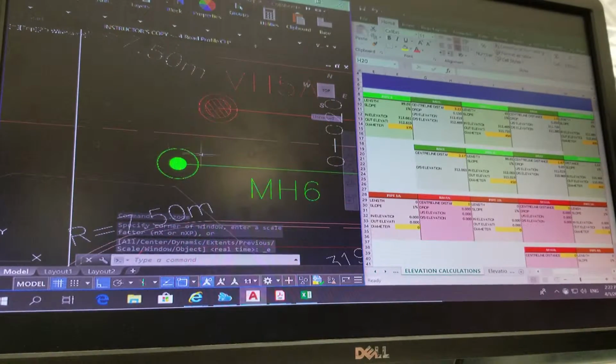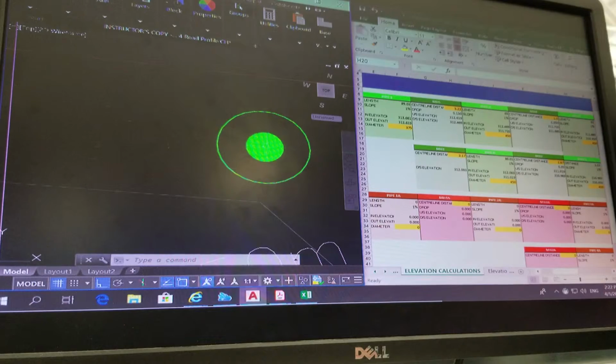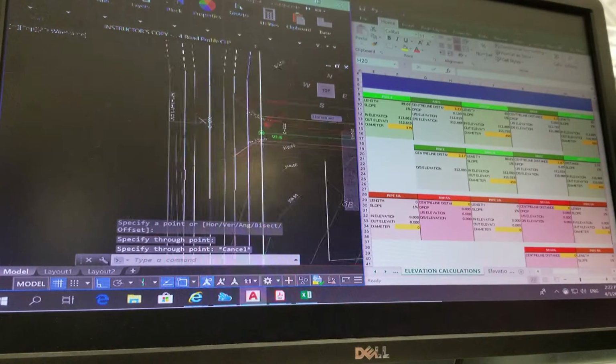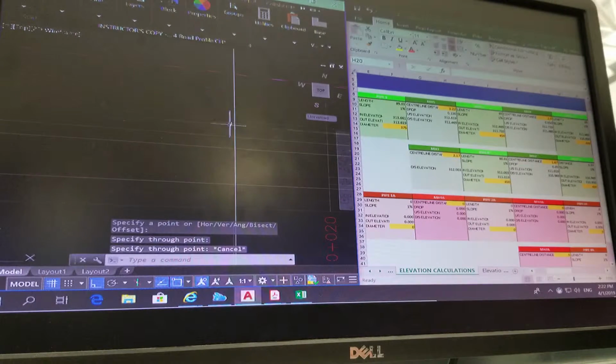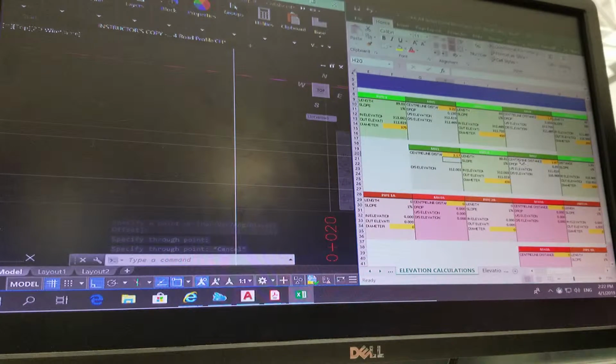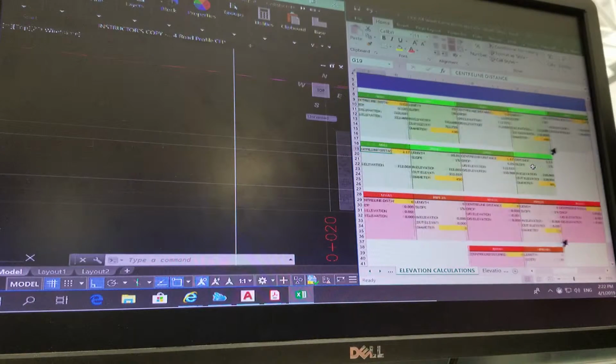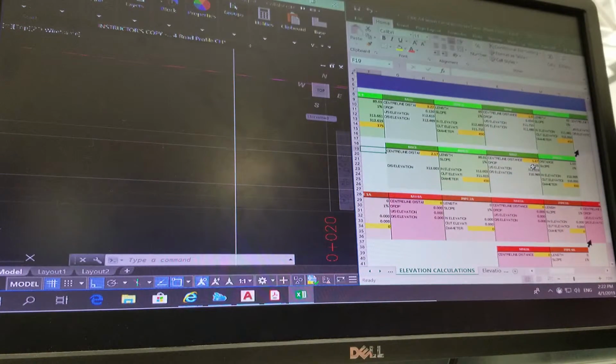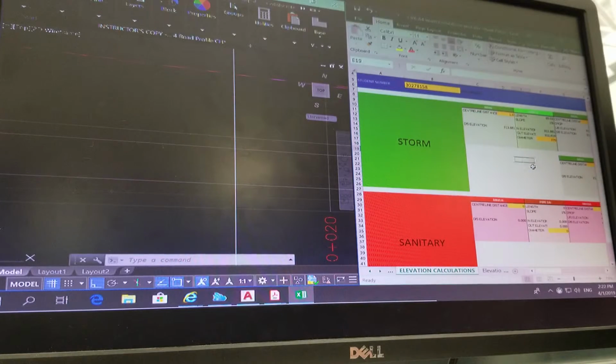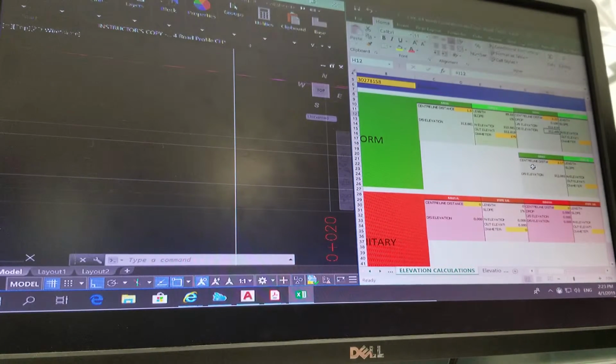The first manhole that you have is manhole 6, and manhole 6 is here. I'm going to draw an extend X line over here, and this is the center of my manhole 6, okay? So manhole 6, which is this manhole over here, where's manhole 6? Here, manhole 6. The downstream elevation is